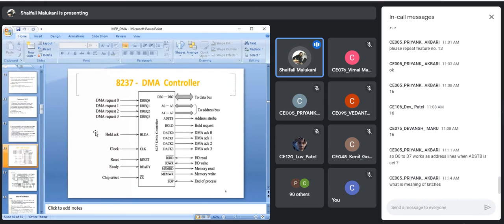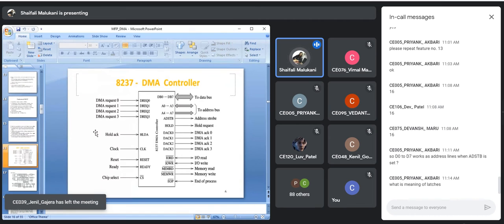What is available on those buses? Which signal is available on those buses? The address. Now I am enabling the latch. So what will happen? That address is latched now. That is stored. That will not get updated now. Now if my data lines change and carry data, because every time data lines cannot be used as address lines, we don't have to keep those outputs high at that time.